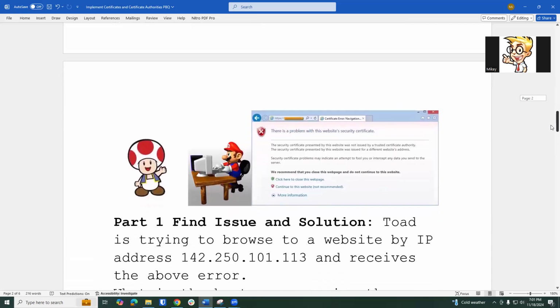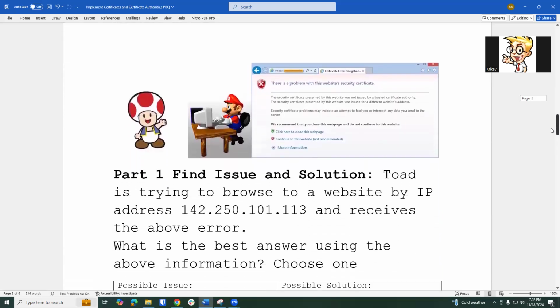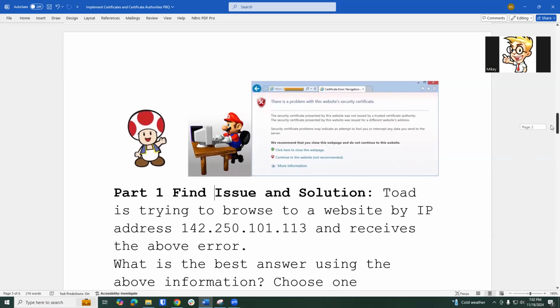So here's my scenario. Part one, find issue and solution. Toad is trying to browse to a website by IP address 142.250.101.113 and receives the above error. What is the best answer using the above information? Choose one. Well, before we even look at the answer, they're trying to go to this website by IP address,